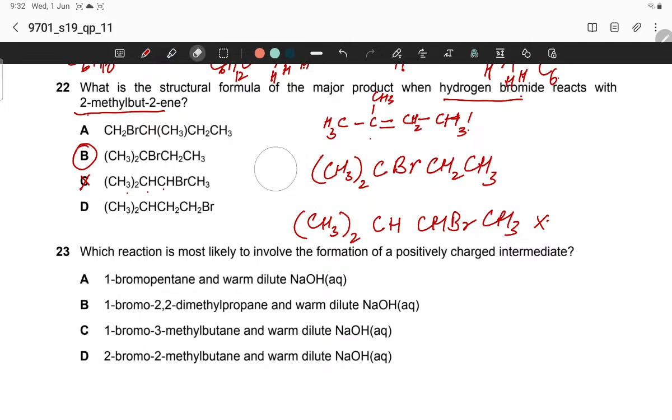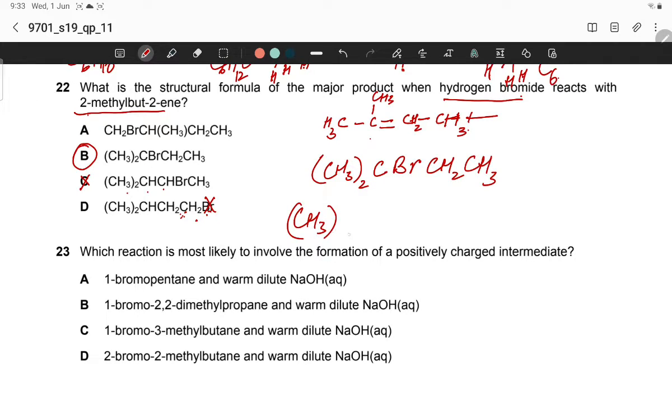And the last one, Br is present at the terminal, which is not possible because the reactant is this, in which the butene over here can be like this: CH3 twice,